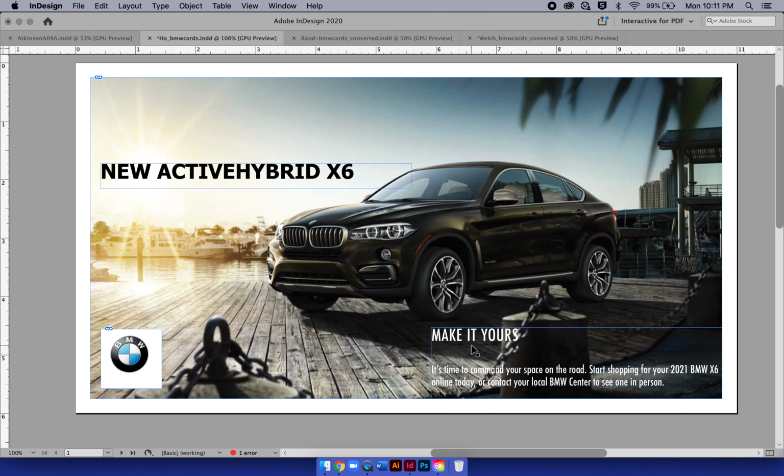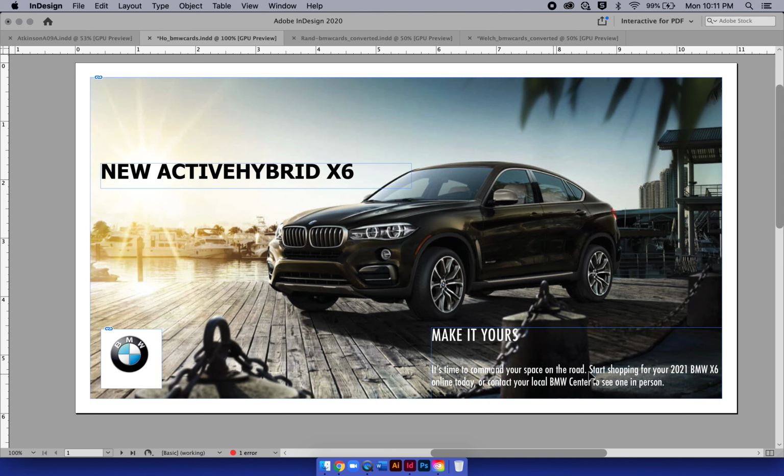I like this a lot. I would honestly reverse your headline and your info here. I like the way it's set up. I would almost make "make it yours" larger up in the headline area, or see where, I see how you have it in the sunspot there, which works pretty well. I would see how that works within that layout here. And then I would have, instead of the "make it yours" here, that new active hybrid X6 here with that model information. And then just make sure,